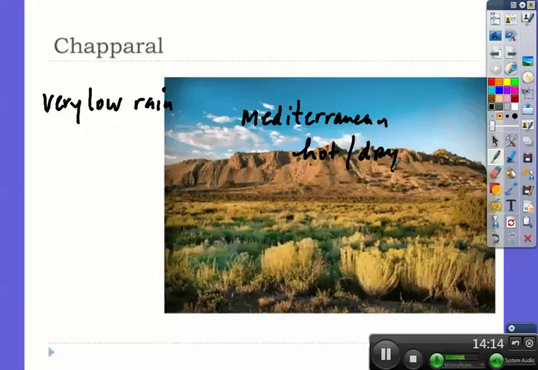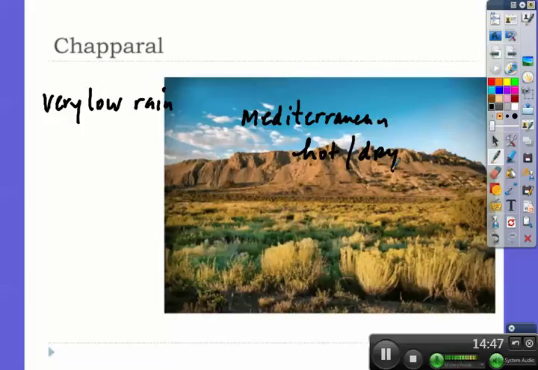Years that you have increased rainfall, fires really are actually more common simply because you have increased plant growth, which then dries out and then acts as kindling for fires once the rainfall stops. One of the main things about chaparrals is that there's been a lot of controversy about the effect of human fire suppression, with most people believing that it actually just increases the possibility of severe fires later because you're building up biomass that will act as kindling later on.